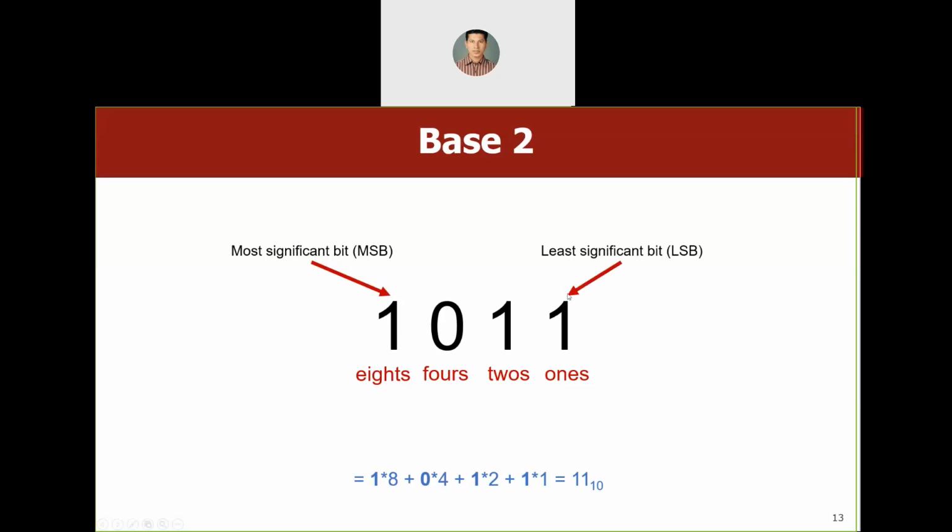When we convert this into a decimal number system, the power of 2 with which we multiply this digit will be the smaller one. In this case it is 2 raised to 0, whereas in the MSB it is the highest: 2 raised to 0, 2 raised to 1, 2 raised to 2, 2 raised to 3. So this will have more value than all the digits to its right. That's why this is called MSB, most significant bit.